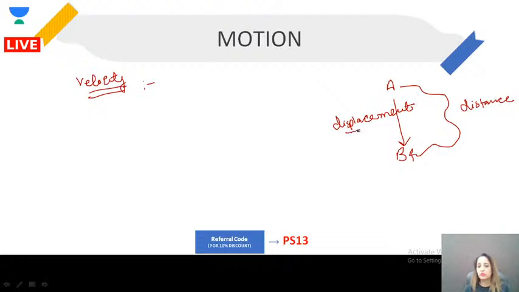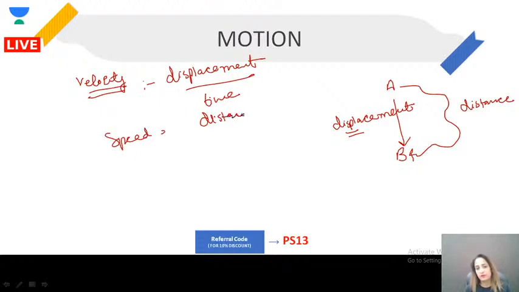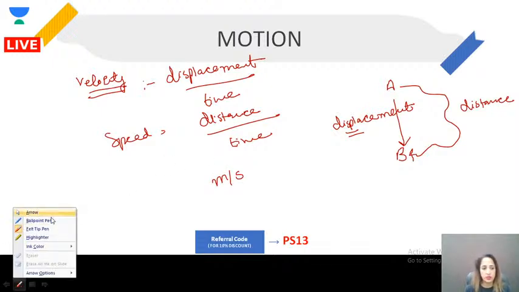All right. So velocity is what? Displacement over time. And speed is what? Distance over time. They both have the same unit, meter per second. Somebody asked it, so I had to answer it. Anyways, so we were